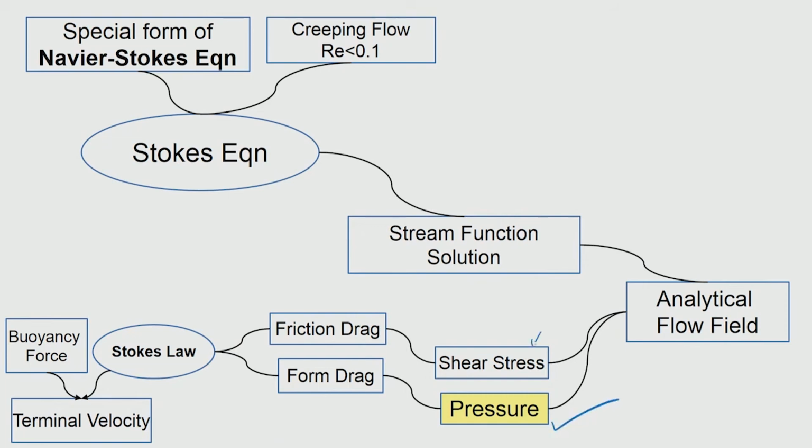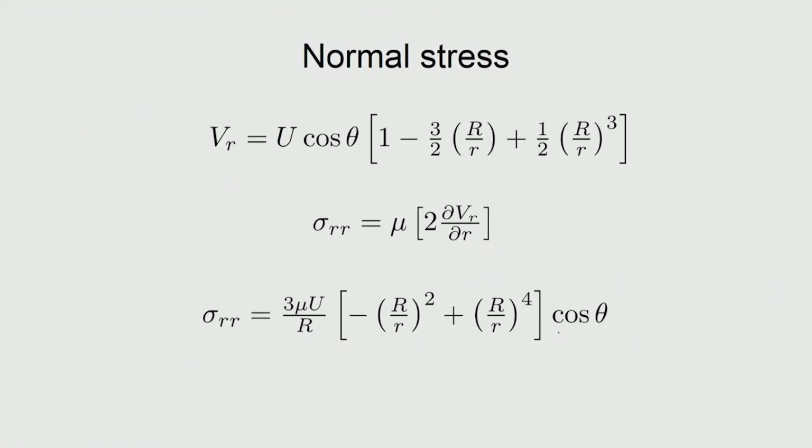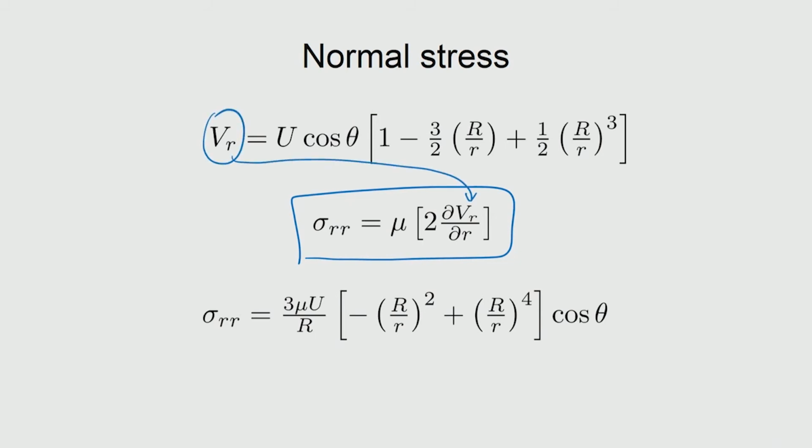So, similarly we now seek what would be the shear stress distributions. For that we again look at the connection between the stresses and the velocity gradients. That is available here for the spherical coordinate system, and the velocity components are there. So, we can substitute, and you have a 2 here. Why is it there? Because the stress is actually a symmetric tensor. So, when you have the same index, you see that the same term is being added. So, you can actually then substitute and get the sigma RR, and sigma RR is then available in this particular